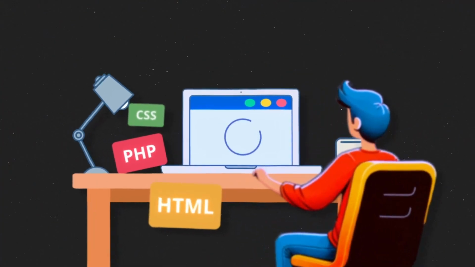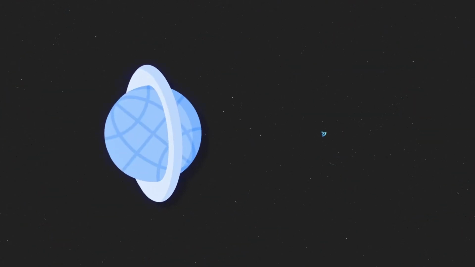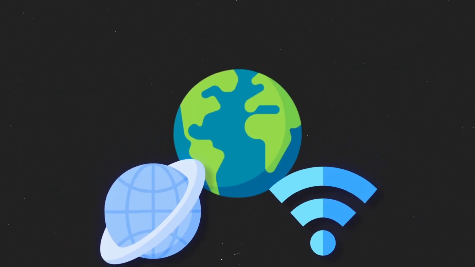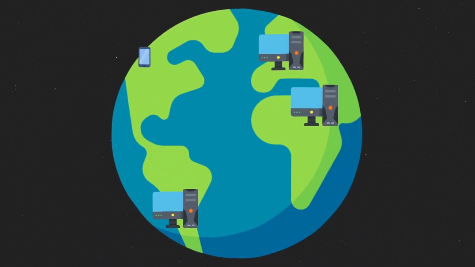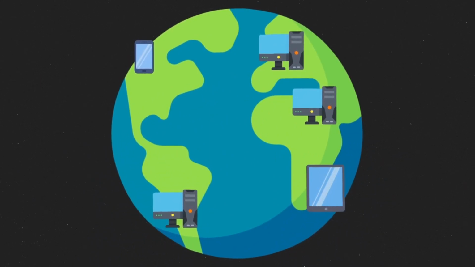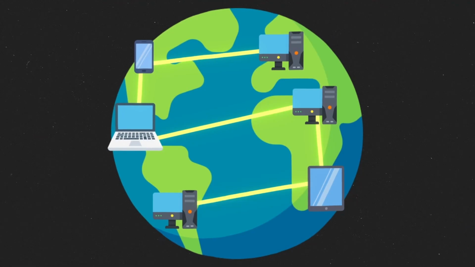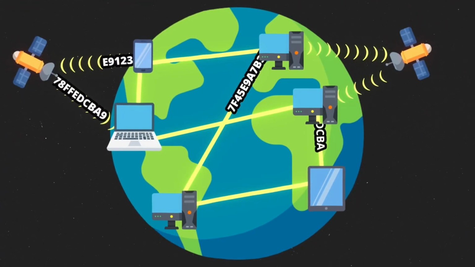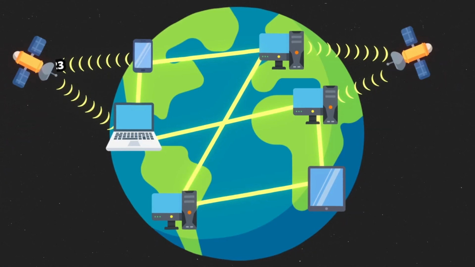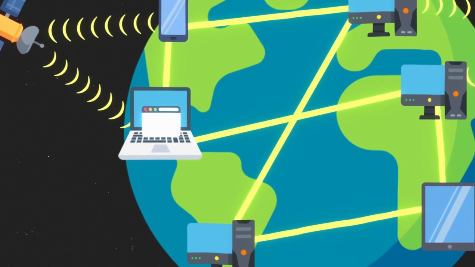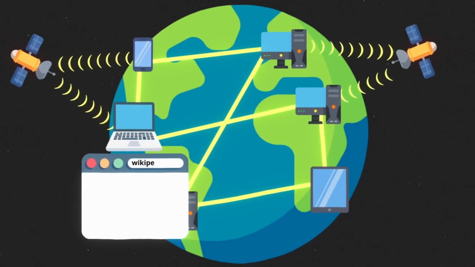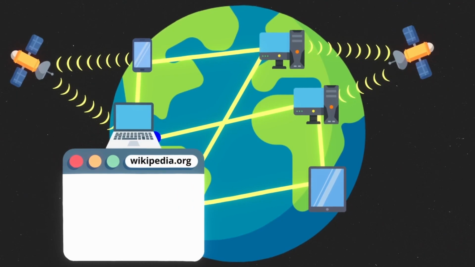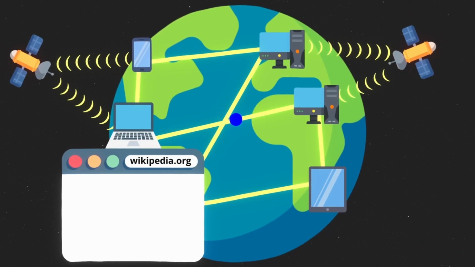To see a website, you need a web browser and you need to be connected to the internet, which is a lot of computers, smartphones, and tablets around the world that are connected through cables and radio signals, and that can send information to each other. So, when a user types an address in a browser, the computer will send a request to another computer on the internet that contains the website.